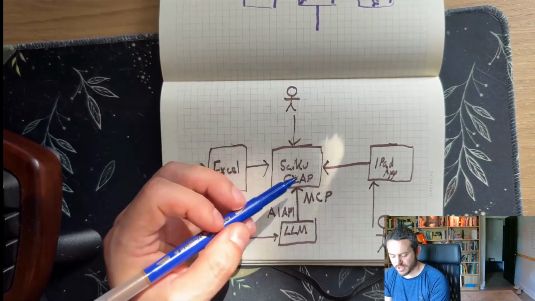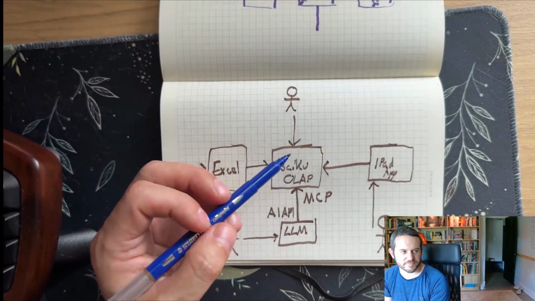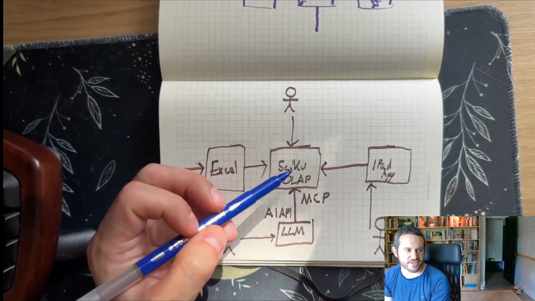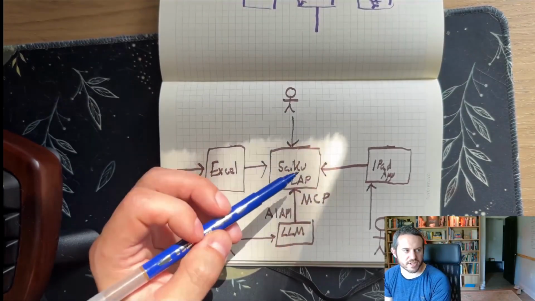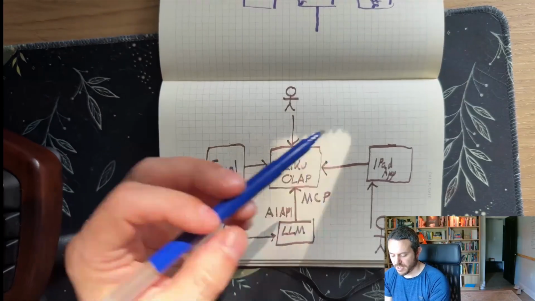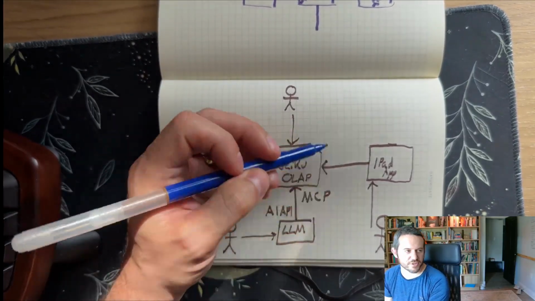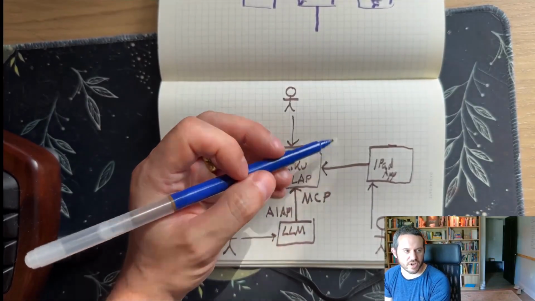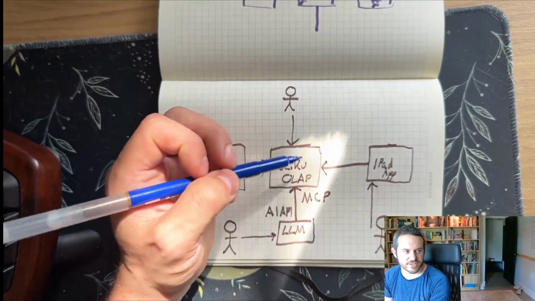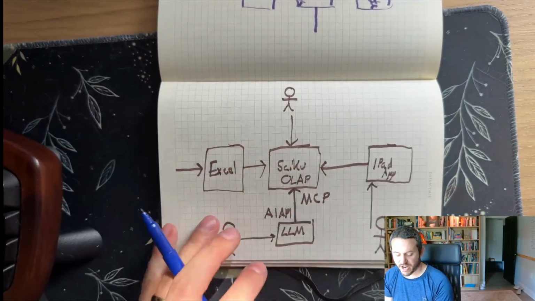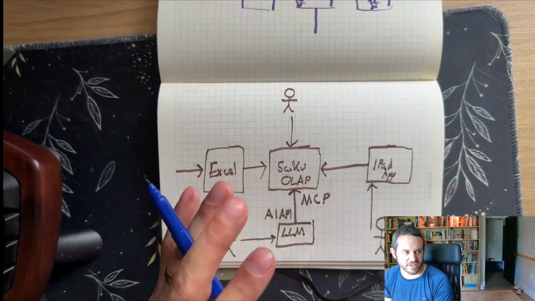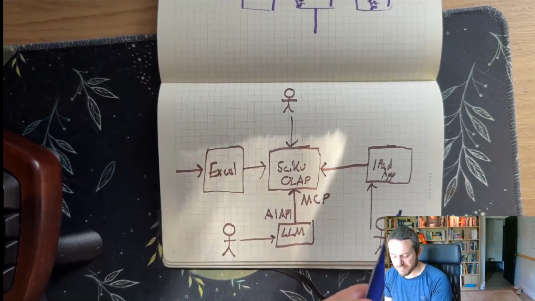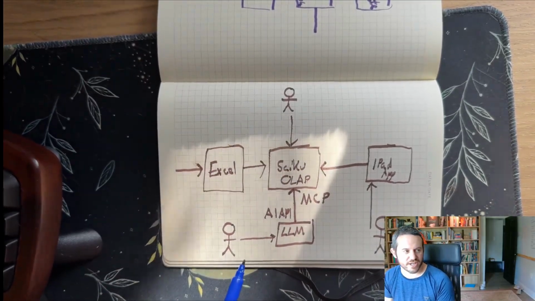And so, if you're using AWS Bedrock to deal with MCPs, you might be handing off to another modeling facility, and that's absolutely fine. If you're using an iPad app, you've definitely got more stuff than just Seku OLAP sat here, but I'm trying to keep it simple, where you've got an API boundary and then stuff going off internally in a cloud environment. So don't start judging me on the accuracy of how this would actually play out in real life. But this is the type of flow that we're now going to try and have a look at